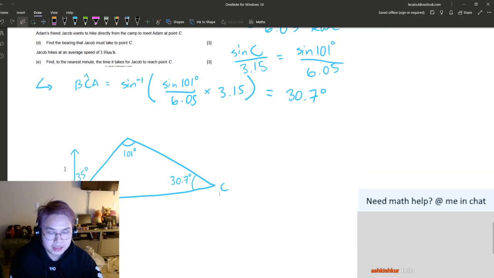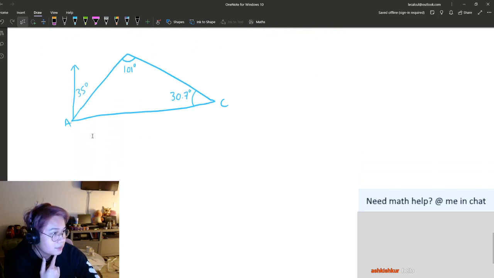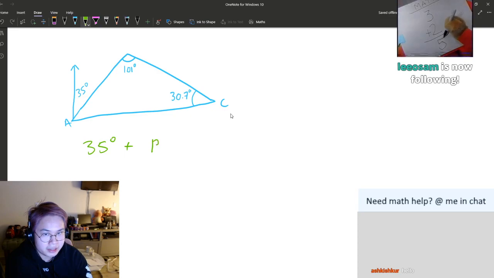So Jacob is at point A, and we want to find his bearing so that he goes directly to point C. Bearings are degrees starting from north. So if we were to find his bearing, he starts at point A, and we want to find this angle right here. Now, if you notice, that's just the angle inside the triangle plus 35 degrees. So what we're going to do is we're going to do 35, and then we're going to add angle